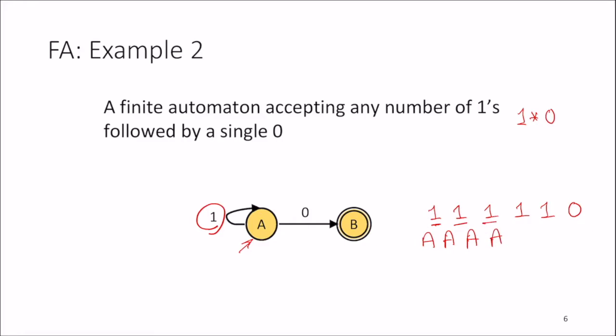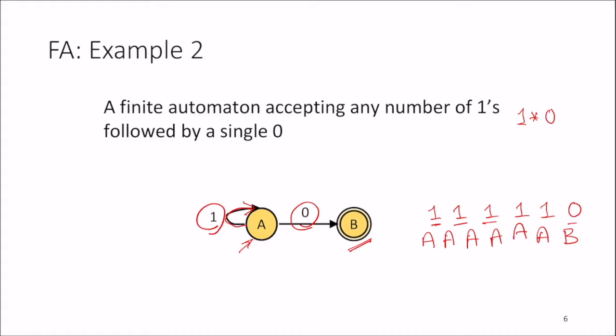So I'm just taking this loop over and over again. And at some point when I see a 0, it's going to take this transition and end up in B. We know that B is a final state, so it accepts this string. And you can see that you can accept any number of 1s and end up at the final state